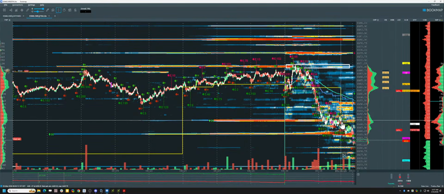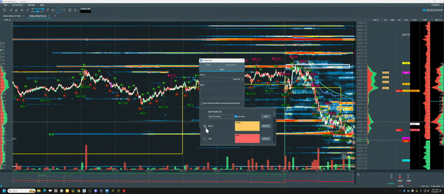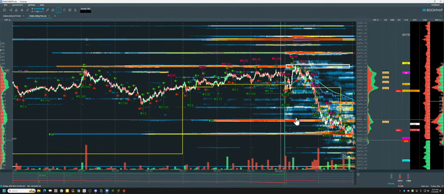Now I get VPOC migration. This suggests there's trouble. So right here, for me, I ended up a scratch, well, not quite a scratch, but reasonably call it a scratch because I had some, good. So this is a profitable trade. It's just, it is what it is. I don't think too much about it. So we have one winner, one stop, and now trouble right here.